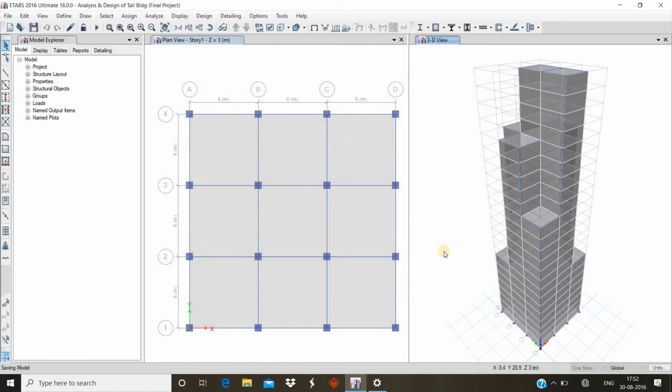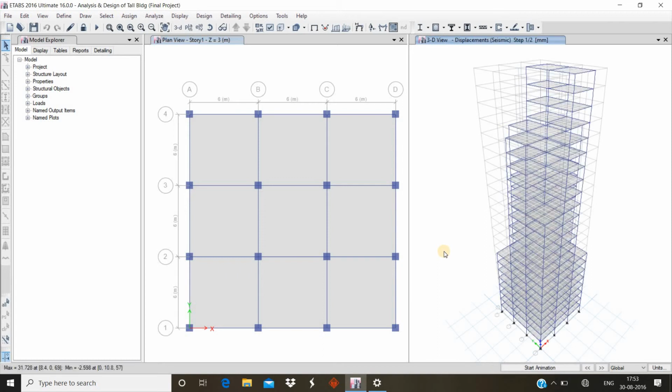It will take a few minutes to analyze the whole building. After the analysis of this building model, we get some results of shear force diagram, bending moment diagram, and displacement. And as this is a seismic analysis, we got the displacement values, seismic displacement values, the story drift, all this.